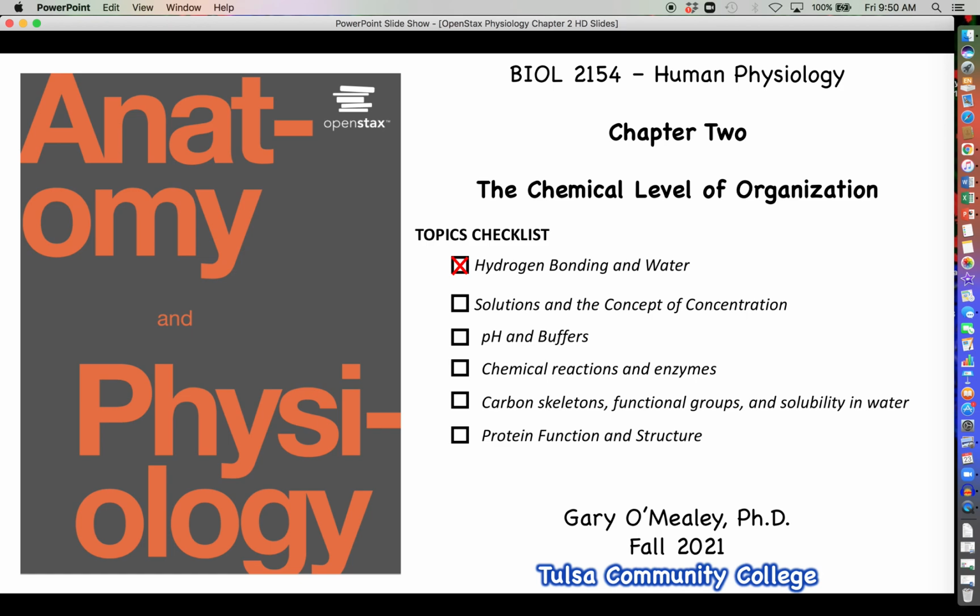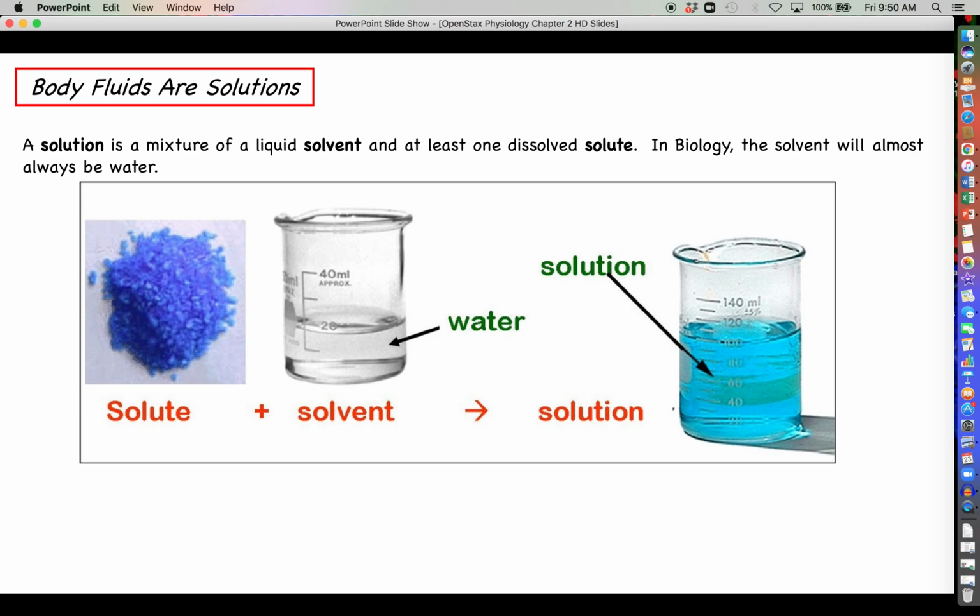So let's go ahead and get into this. First, let's start by defining what a solution is. A solution is something that you probably heard a lot more about when you took general chemistry, but solutions are very important in biology too, if for no other reason, because all of the bodily fluids that we talked about in chapter 1, intracellular fluid, the fluid inside of cells, your extracellular fluids, whether you're talking about the blood plasma, the lymph, cerebrospinal fluid, or the interstitial fluid, which is the fluid in between cells, all of those